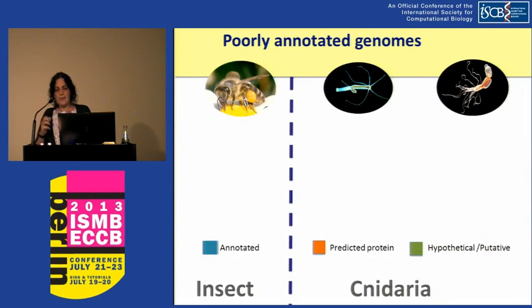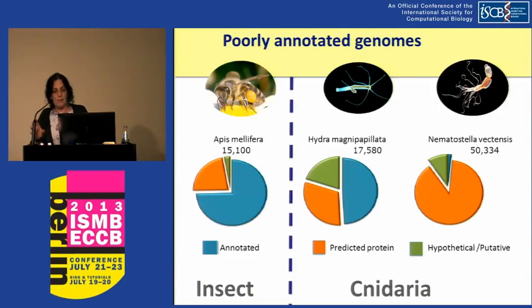Now, let's go to these Cnidaria genomes. When you look at the two examples that were fully sequenced, one of them is the Hydra and the other is the Nematostella, the sea anemone, you can see quite clearly, look at the blue color that is the annotated part, that the annotated part is really very low. Namely, those genomes are poorly annotated in general.